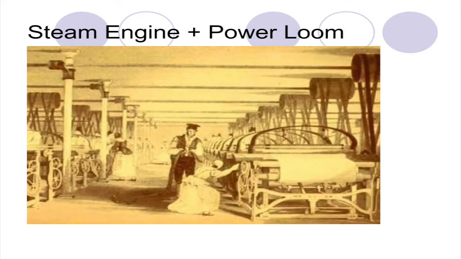Here's another example of the steam engine added to what's called a power loom. By adding these 2 things together, you could produce clothing at a very fast rate. And also, you can see that there were women used in some of these factories with a male boss. It's still dangerous for a woman to work in a factory situation like this. And it was looked down upon. So a lot of the poorer women were the ones that were used in the factories.